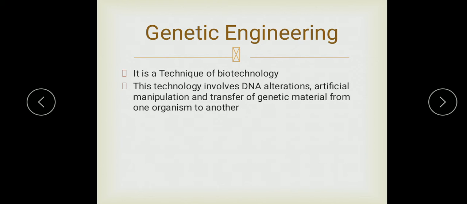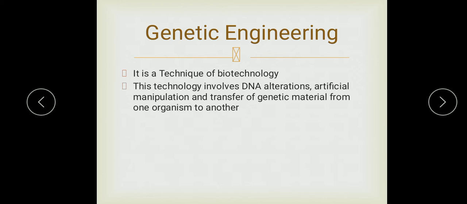microorganisms just do anaerobic respiration, and with the help of that anaerobic respiration we can form different types of products, like we discussed alcohol, bread, yogurt, etc. But in the process of genetic engineering the organisms are modified. How can we modify an organism? We can modify an organism if we change the genome of an organism, if we alter the DNA, the genetic material of an organism, so that the organism can be modified.